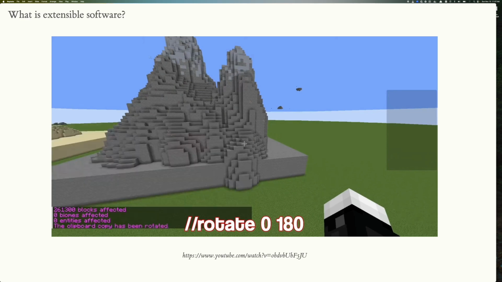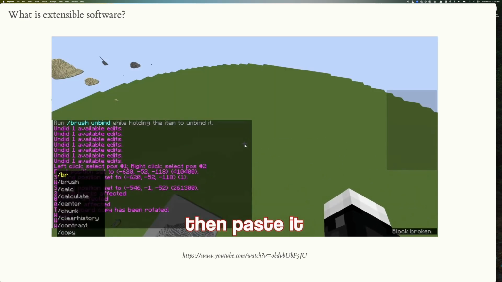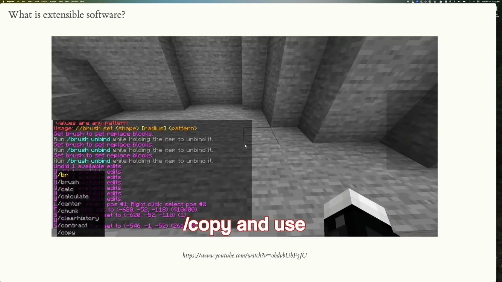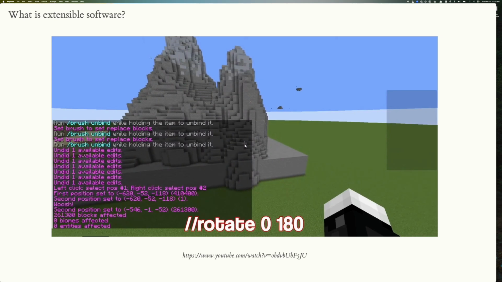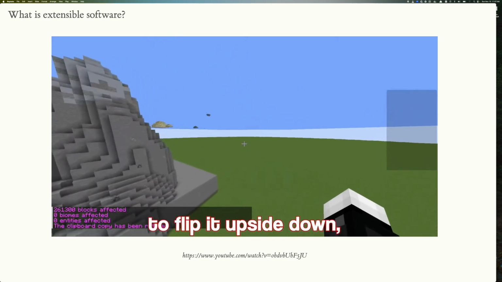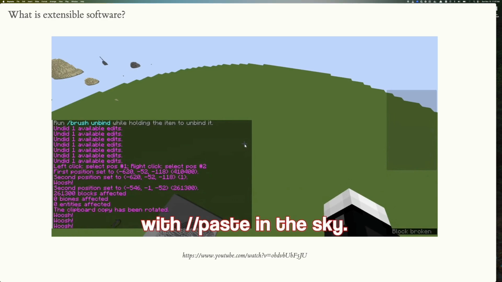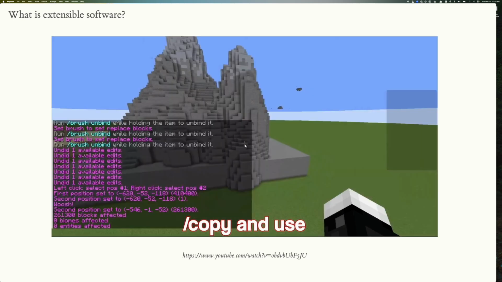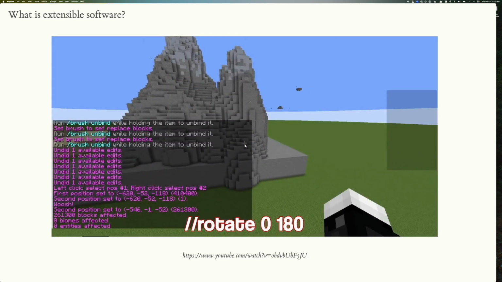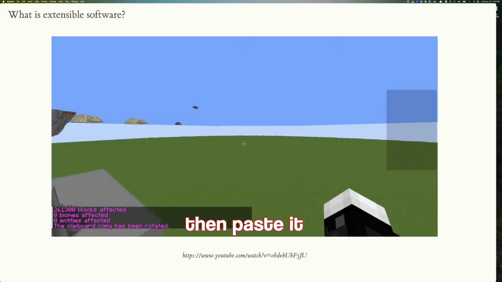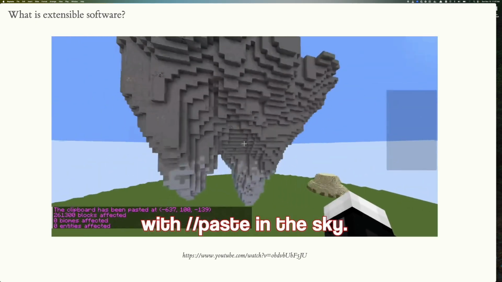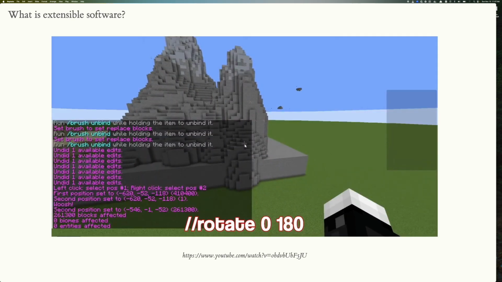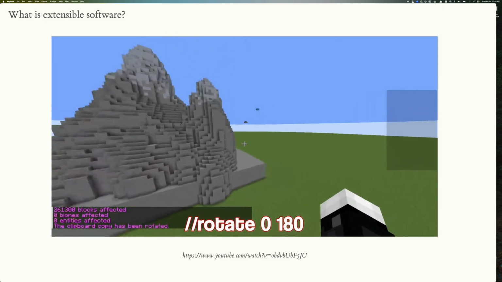This is a Minecraft plugin called WorldEdit. And I don't actually play Minecraft, but this is just a great example. In Minecraft, you can go around with your little hand tools and build out a world. With the WorldEdit plugin, you can script and terraform whole planets, right? And what's cool about this is a plugin developer who doesn't work for Minecraft was able to come up with their own tools and build this, and Minecraft didn't even have to think about it or build it. It's something they allow their users to build on top.